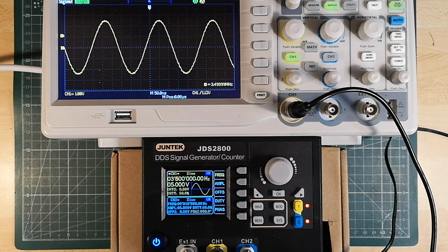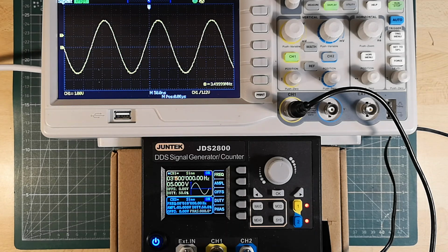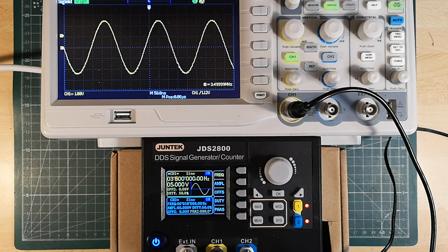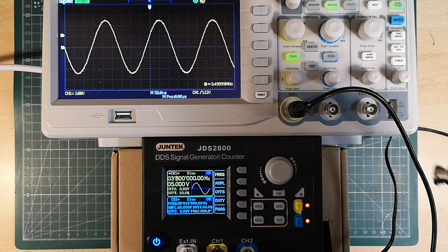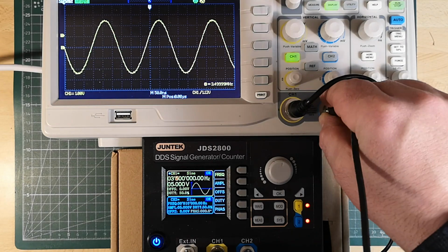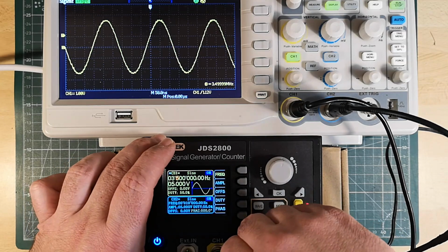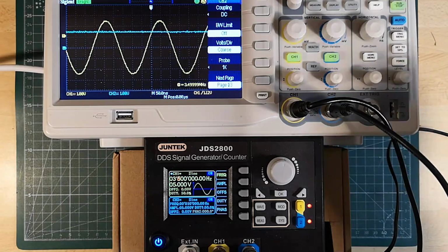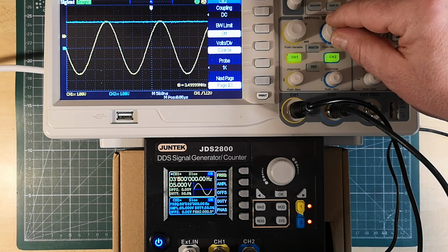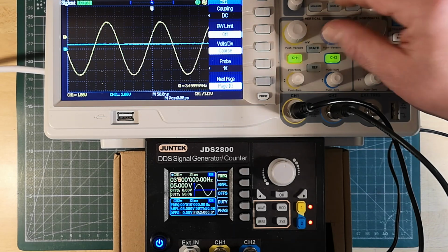This is a 2-channel one. So at the moment this is the setting for channel 1. Channel 1 is set to 10 kilohertz, and you can see on the LED here it's already on. So just get another lead, plug it into the oscilloscope, plug it into the signal generator, switch on channel 2, and it is at 5 volt then,